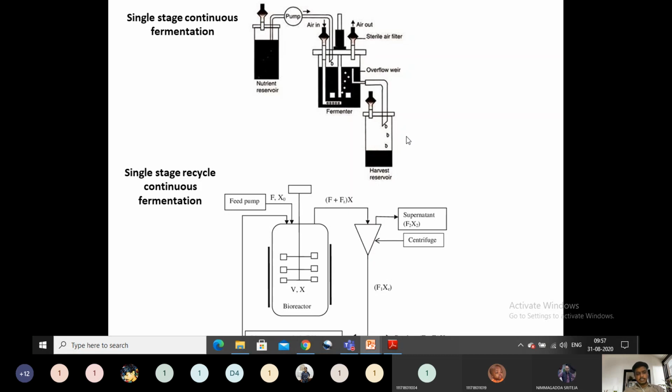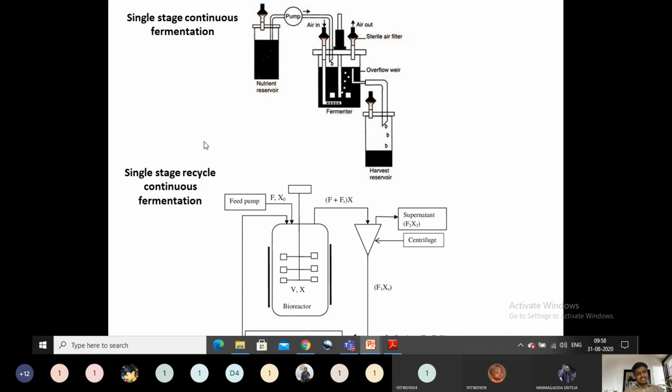In the continuous single stage fermentation process, the fermenter is continuous. You can see there is continuous addition of nutrients and continuous removal of products. In this process, the media is added at a specific rate, and the product formed is removed at the same rate. Whatever media we give inside the fermenter is at the same rate as the product we collect from it. The input of media and output of fermented media is balanced. So it is a balanced approach.